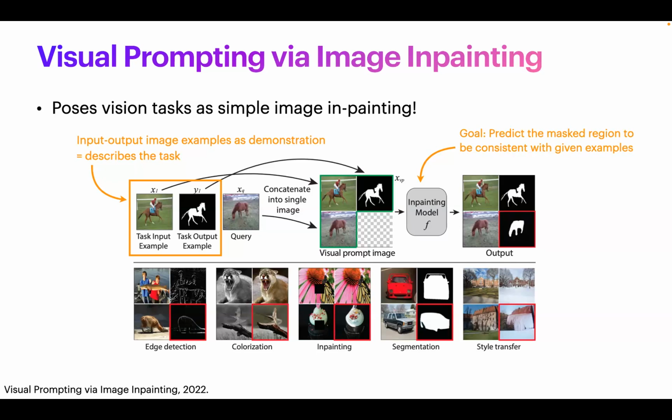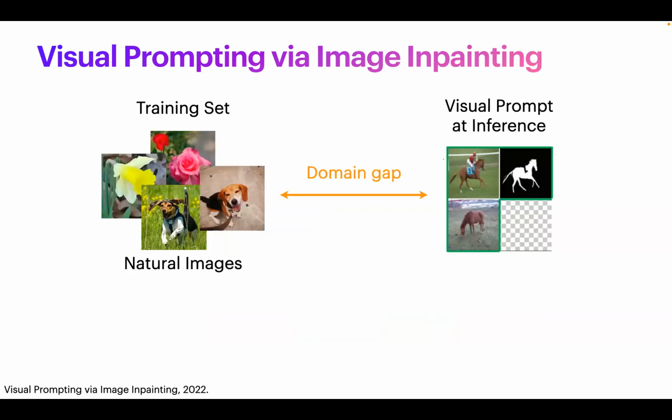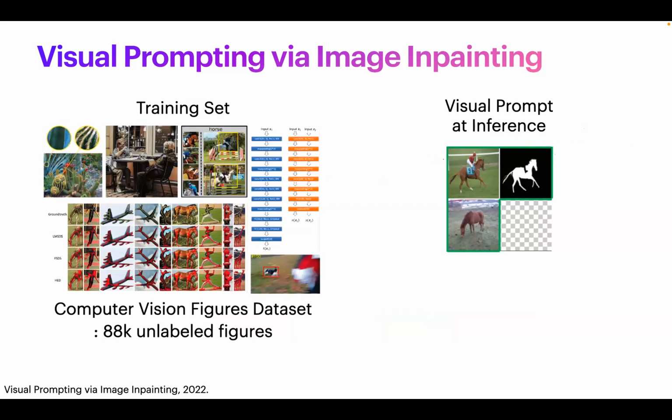Visual prompts do not look at all like the natural images that we usually use for training sets. So to reduce this domain gap, they collected figures from arXiv, in the inpainting model using MAE-VQGAN, again, able